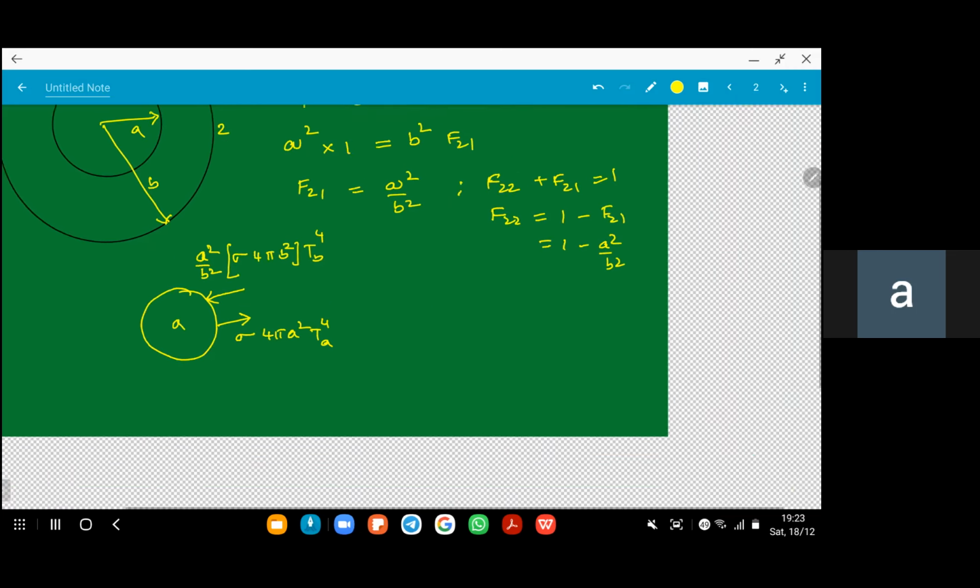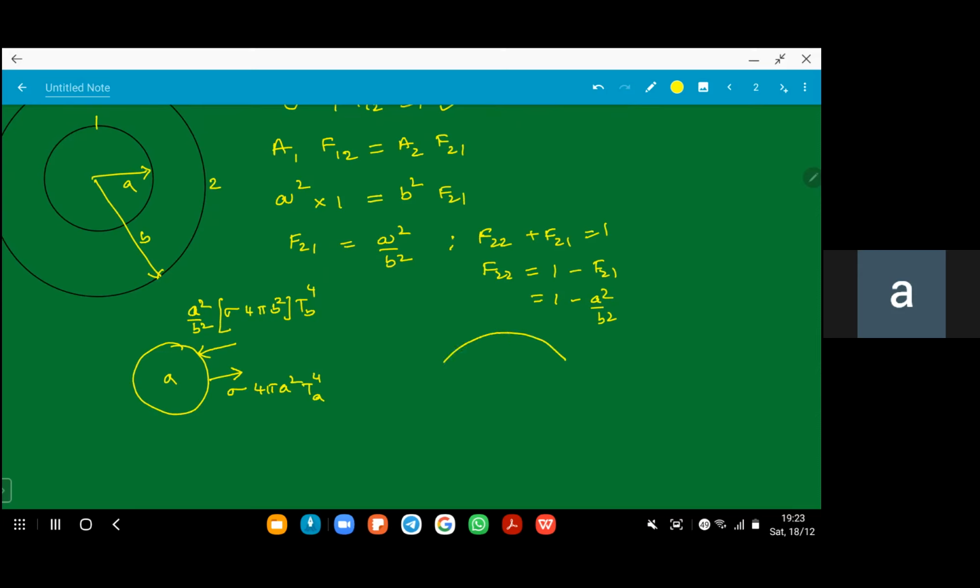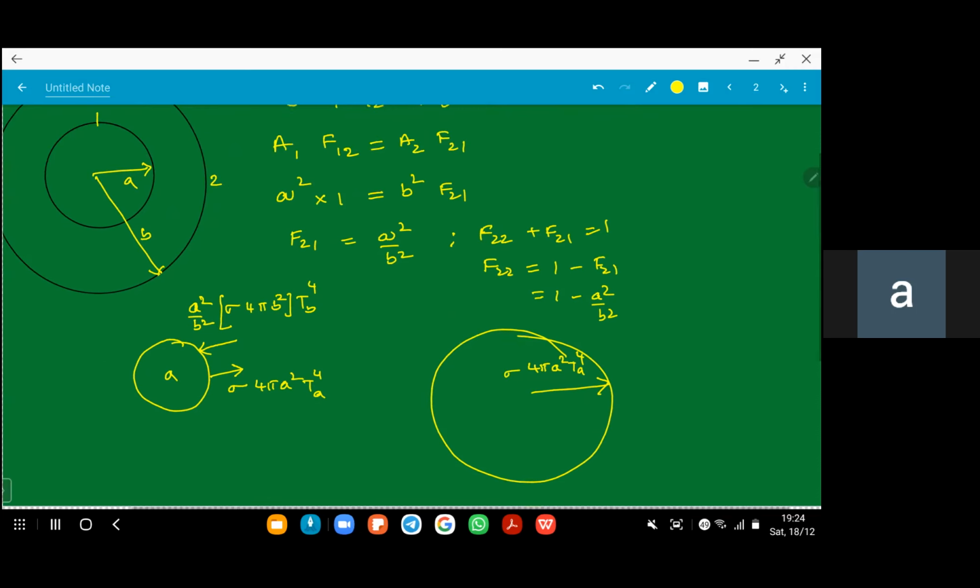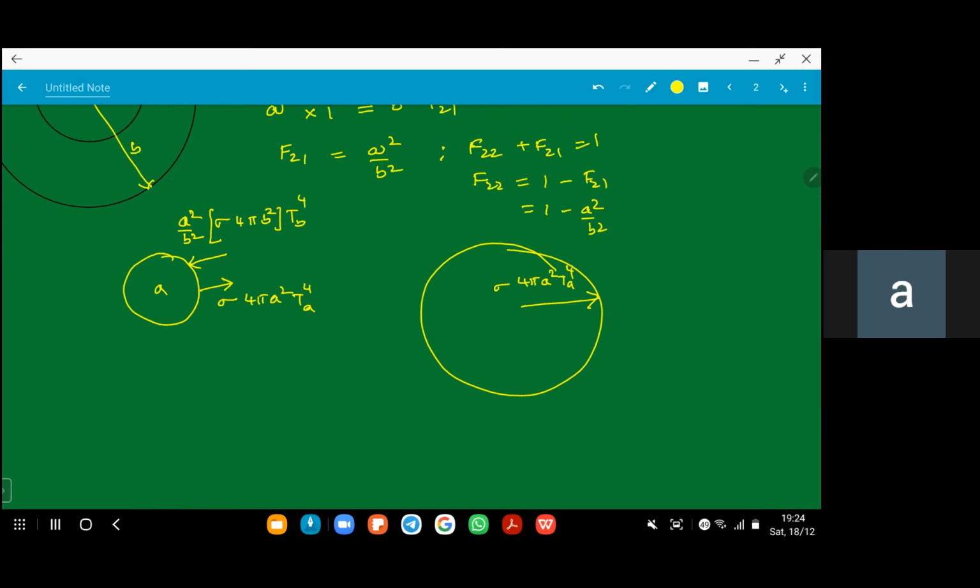What exactly does this mean? Now you take only 2. Sphere 2 receives two things. One, whatever is emitted from the inner sphere is received here: sigma 4 pi A square TA power 4. Apart from that, the radiation emitted by B is coming back, returning back. What amount? 1 minus A square by B square